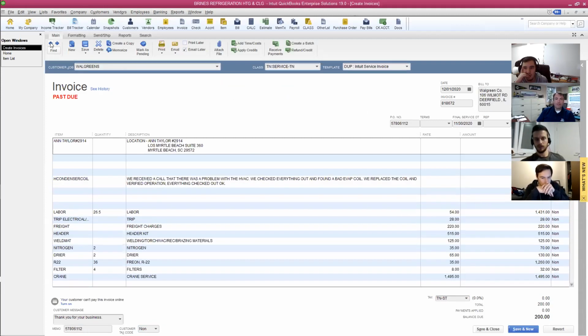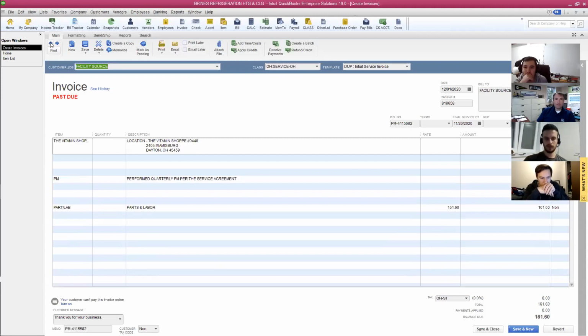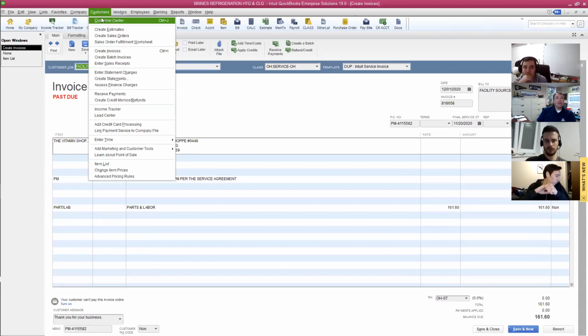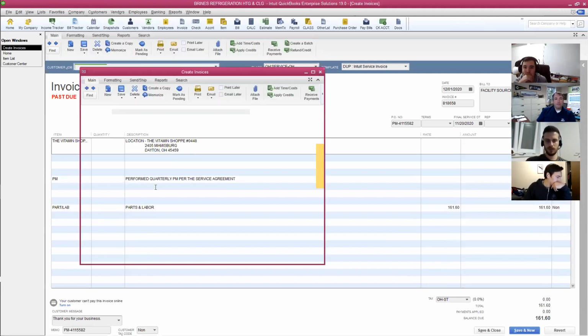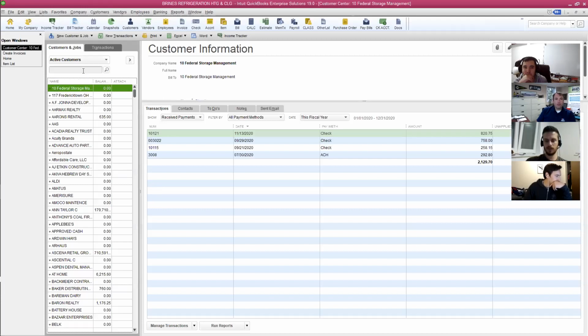I'm trying to find one that's taxable. I don't know if there's any that are. So if I go up here to customers and I search for that Petco customer,